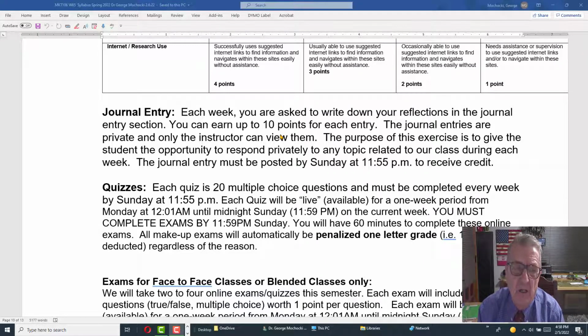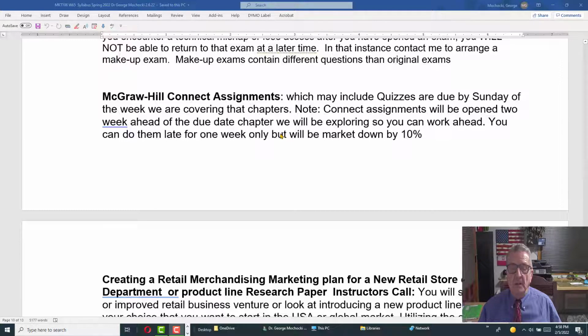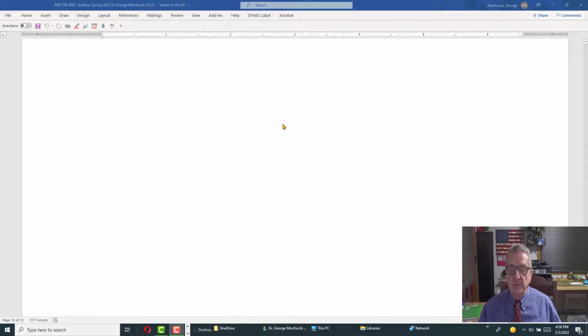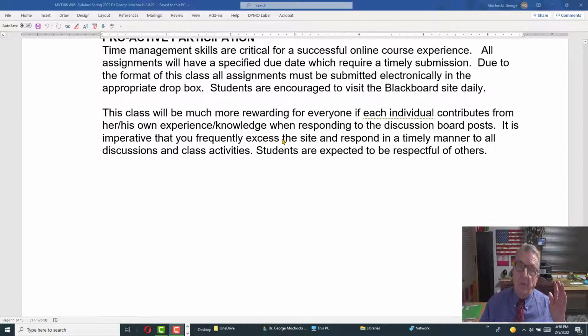You're going to do a write-up. You're going to create a new store or a new department, and you're going to basically use the chapters in the book, and it's going to start building. And I have the information in here on your major project, and that's going to be a written document, I think worth 100 points or so, and then you're going to do a PowerPoint slide presentation.